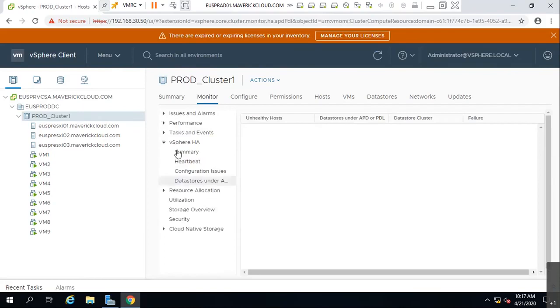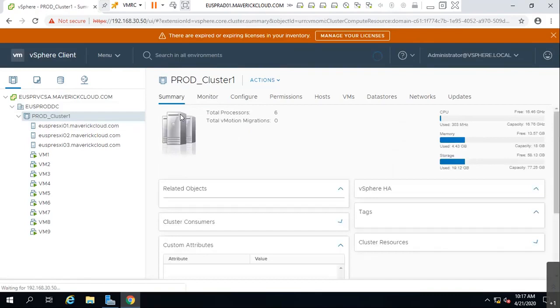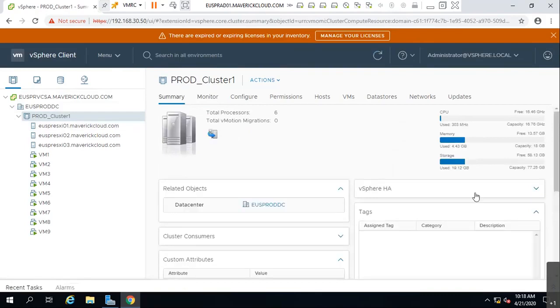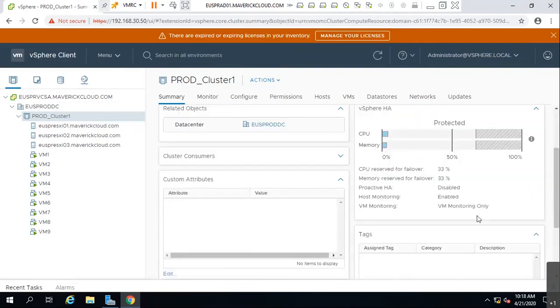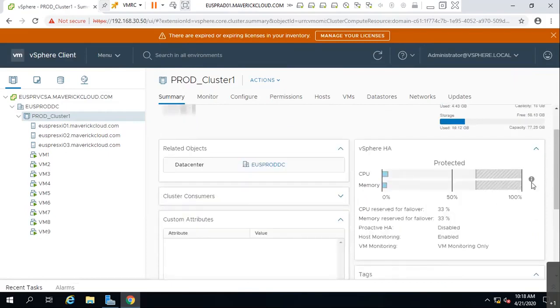Where can I find it? Looking for summary, maybe cluster, HA. Proactive HA is disabled, host monitoring is enabled, VM monitoring is enabled, and protected VMs and so on.